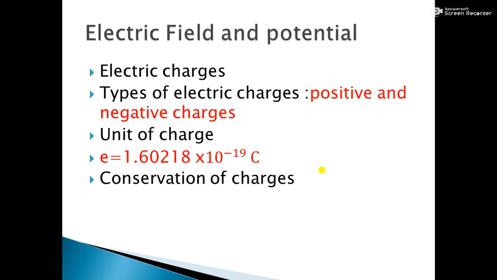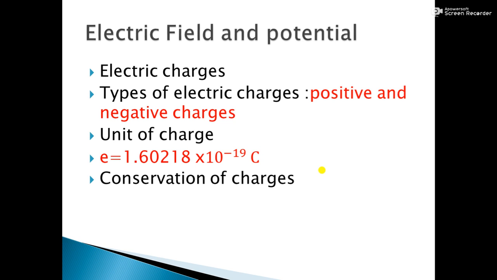An electron will repel another electron at 1 centimeter with a force of 2.3 into 10 raised to power minus 24 Newton. This force is called as electric force. This force is very large as compared to gravitational force. This property is called as charge. There are two kinds of charges. Electron will repel another electron, or a proton will repel another proton if they are placed near each other.